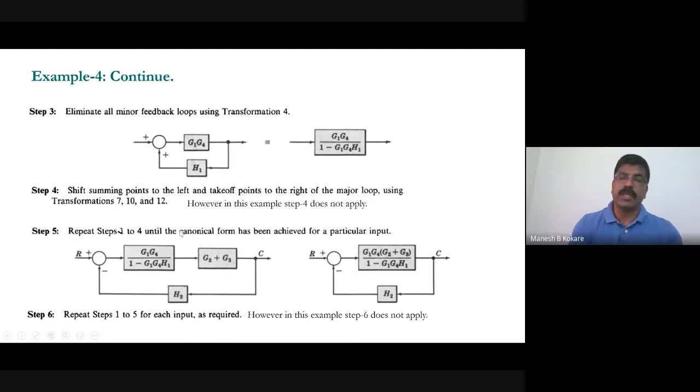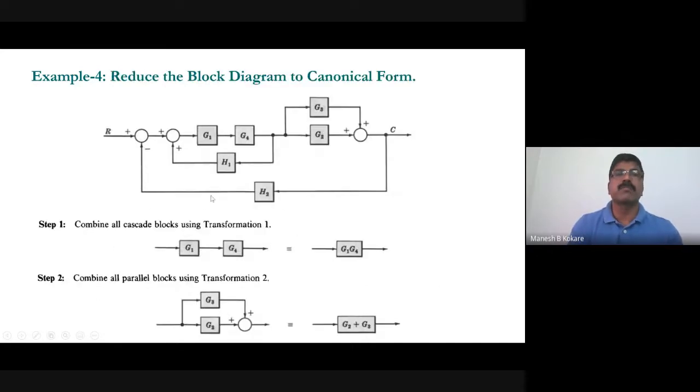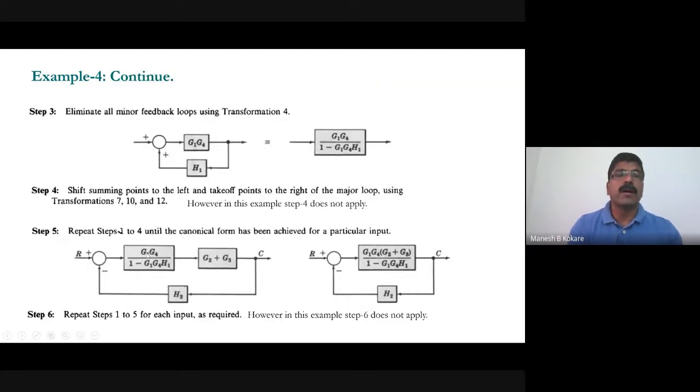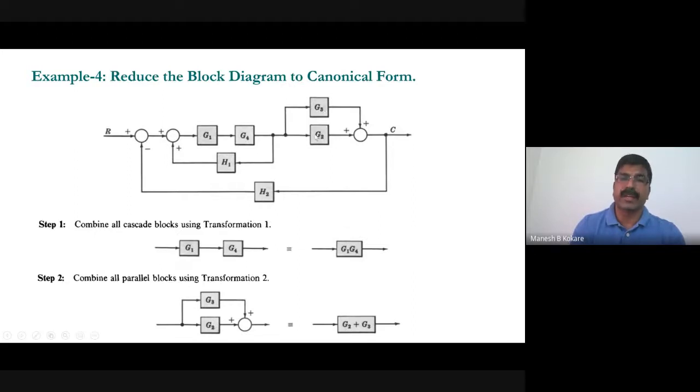Now, you got here, after reducing this block into cascade, this block into parallel, and then this block cascade, and this block and this block in a loop. So you got finally this block diagram after reduction of the rules. Now see that this is one block having transfer function equal to Z1 Z4 divided by 1 minus Z1 Z4 H1, and the another block, basically these 2 blocks which were connected in parallel, now will be reduced into a single block having transfer function equal to Z2 plus Z3, because this is plus.